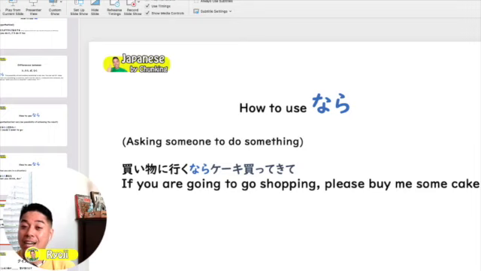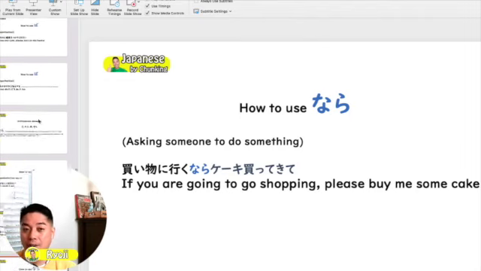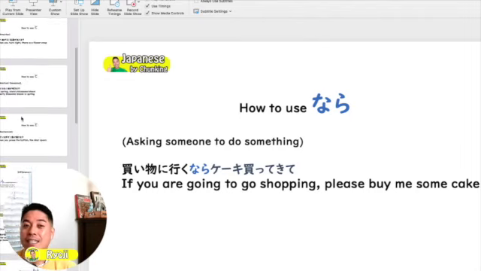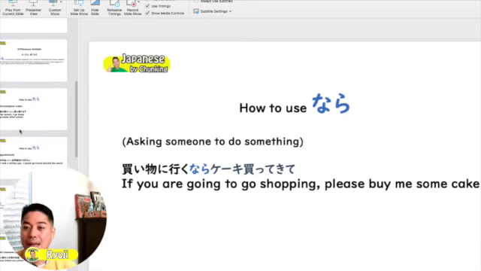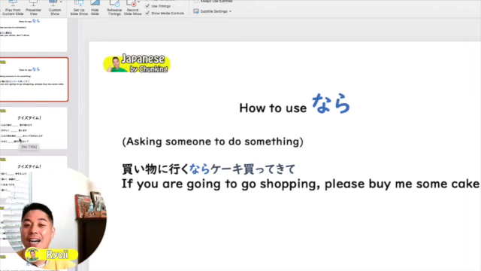買い物に行くならケーキ買ってきて。So this is when you're asking for someone. お母さん、買い物に行くならケーキ買ってきて。Mom, if you're going to go shopping, please buy me some cake. Okay, so in this case, you can use nara. Okay, so we went over the use of this to, tara, ba, nara, but now we're going to try some